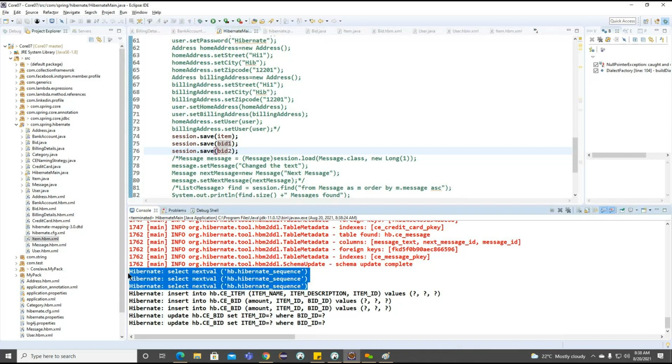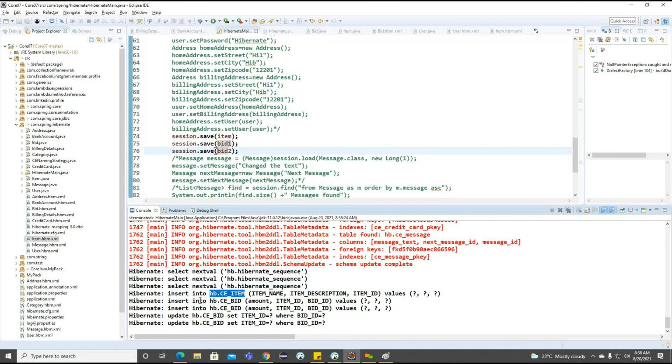Getting the point? So we have 3 sequences generated here. The item table is created, and the bid table, and one more bid table, and it is updated bid table here. Getting the point? So this is the way the 3 records are inserted here.